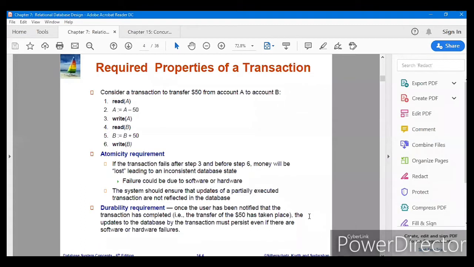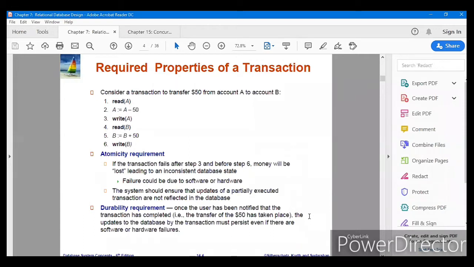So we have 4 properties named ACID. A stands for atomicity. Atomicity means either the transaction should be null or full. Null means nothing should happen. Full means it happens to the fullest. So if there are 6 instructions given earlier, with the example of transferring $50 from account A to account B, okay, either